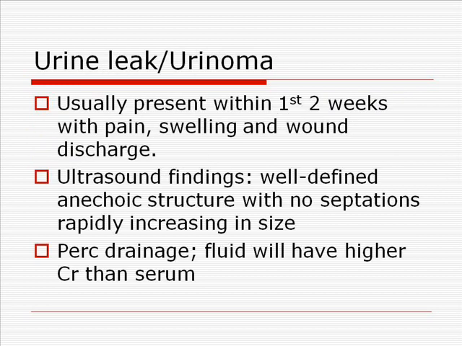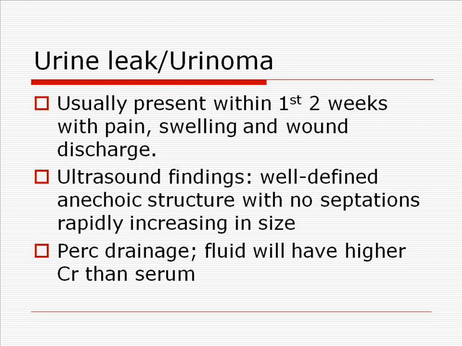Urine leaks or urinomas usually present with pain, swelling, and discharge from the wound, with extravasation of urine from the renal pelvis, ureter, or the ureteroneocystostomy site. If there's leakage at the ureteroneocystostomy site, it's usually secondary to necrosis or the surgical technique. Urinomas are fluid collections of urine leak, and they can vary in size, and they usually present within the first 2 weeks at the